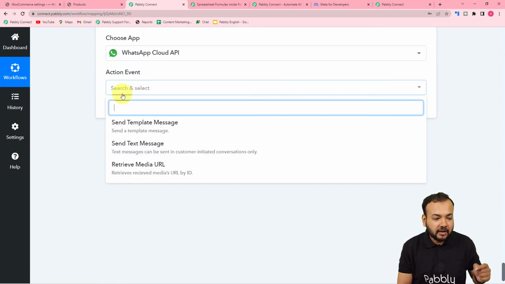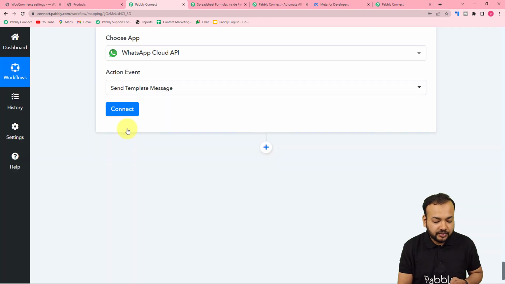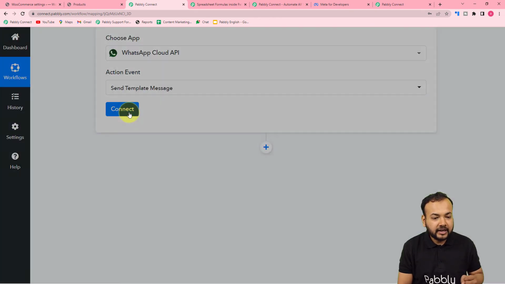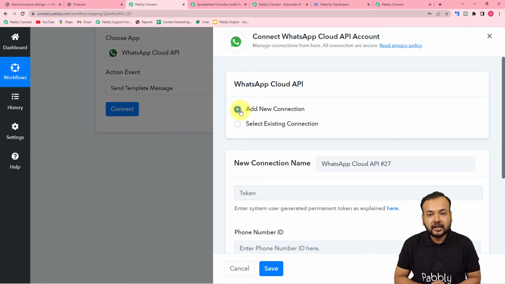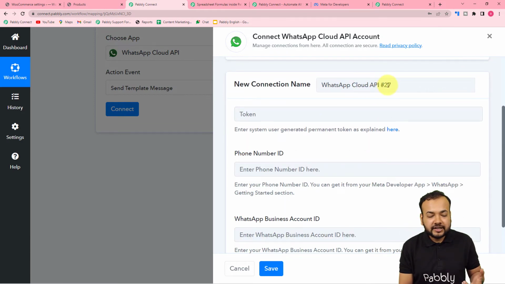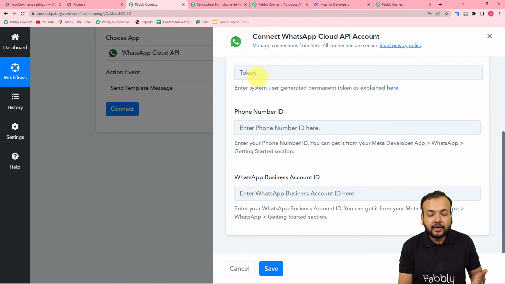And in the action event, I'm going to use this send template message option, and then I'm going to click on connect. And from here, select add new connection if you are making the connection with the Cloud API setup for the very first time. Okay, so here you can give a name to this connection as well. Here it is asking for the permanent access token of the Cloud API setup, the phone number ID and the business account ID. So if you want to know more about these things and how to make connection inside Pabbly Connect of your Cloud API setup,